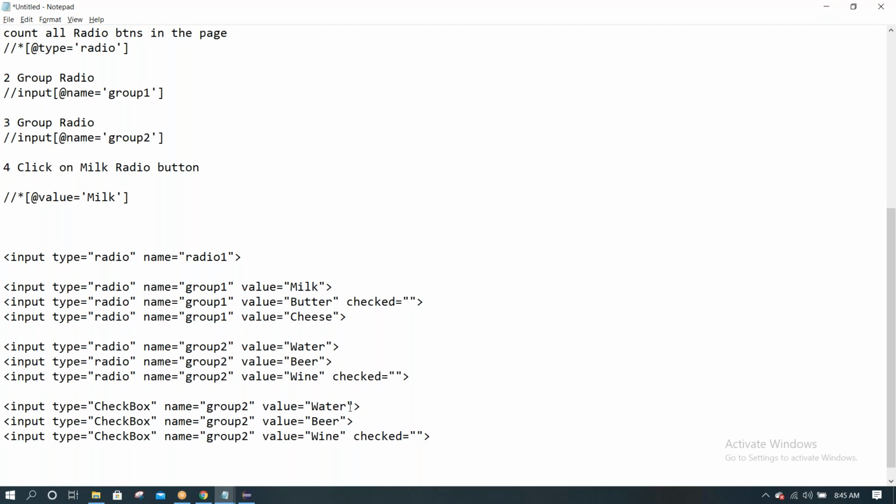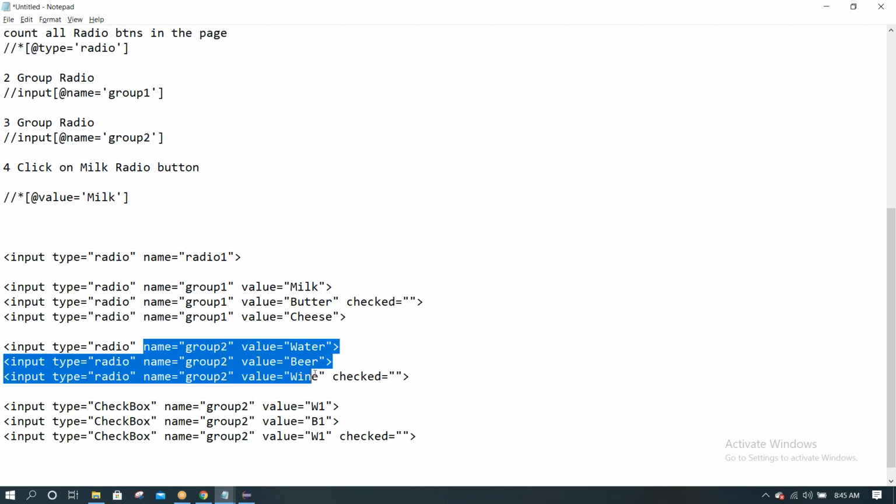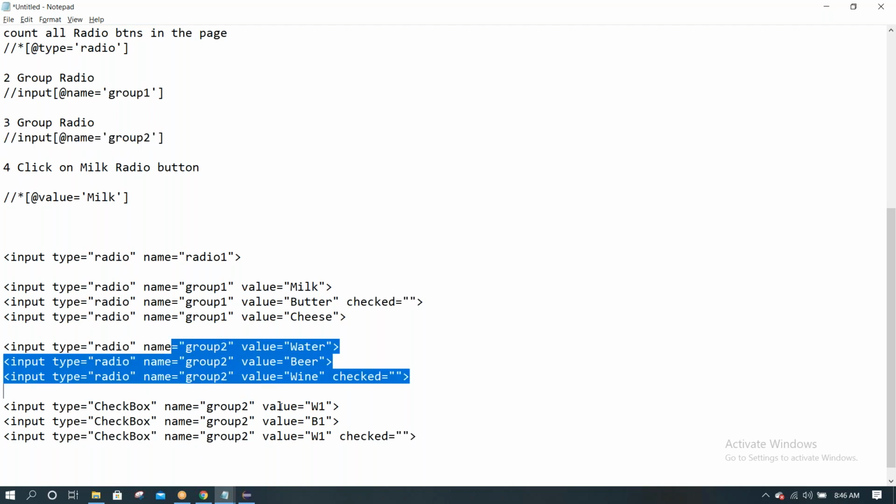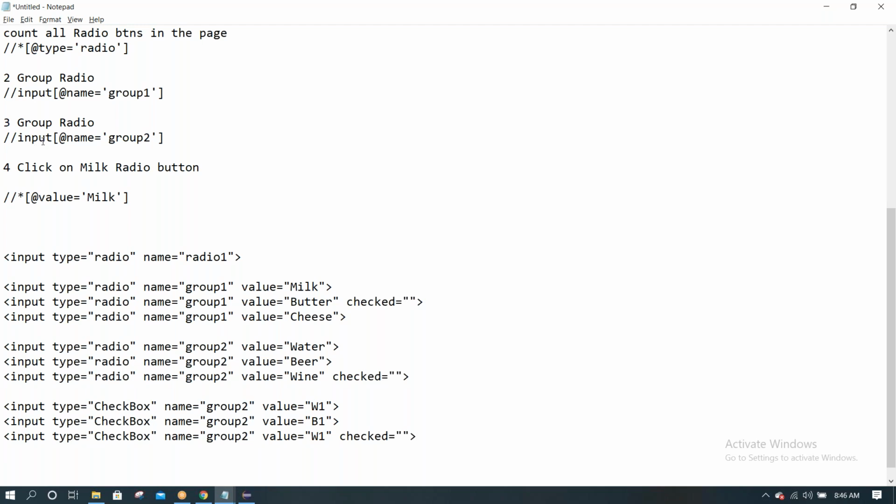Consider some different values, like water or beer or wine, something. So if the application contains checkboxes and radio buttons, and name is common for both, name equal to group 2 will now identify 6 elements, which does not satisfy counting the number of radio buttons of the third category.